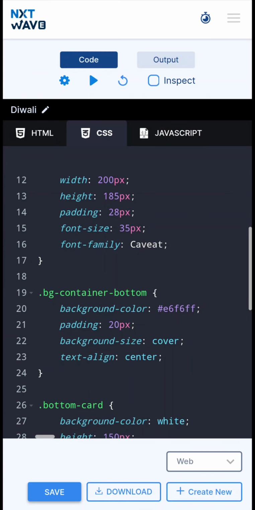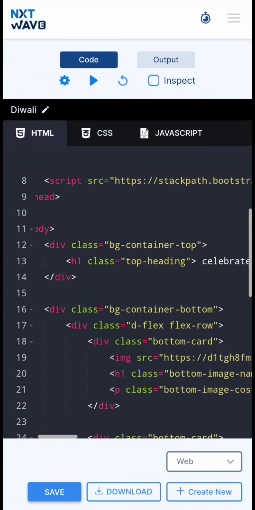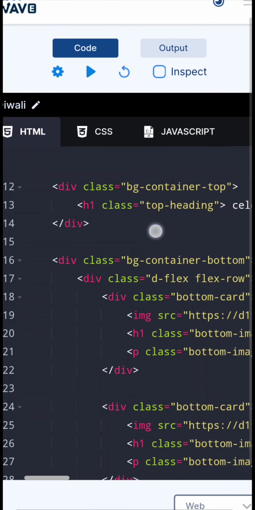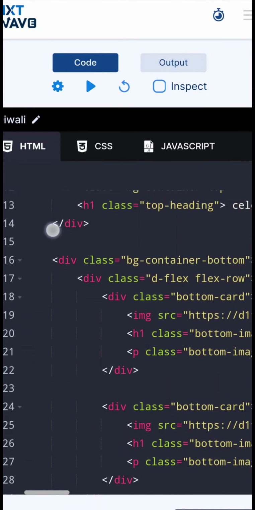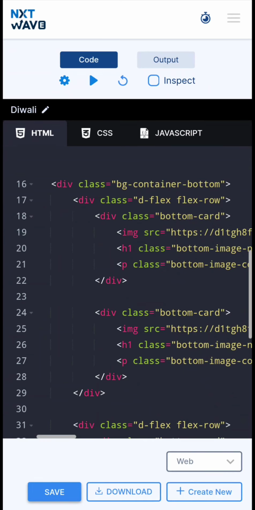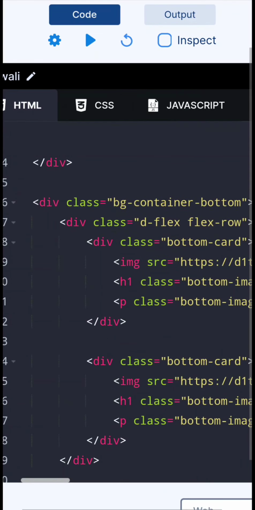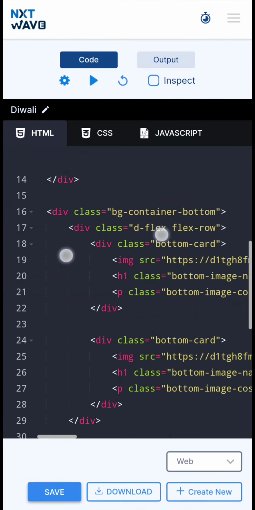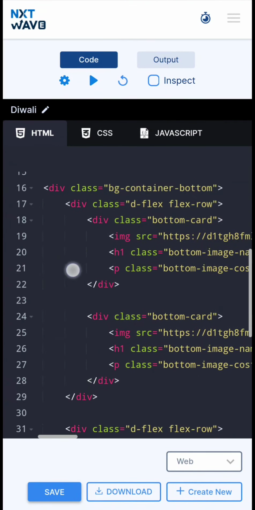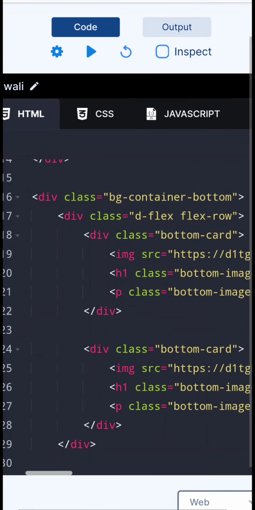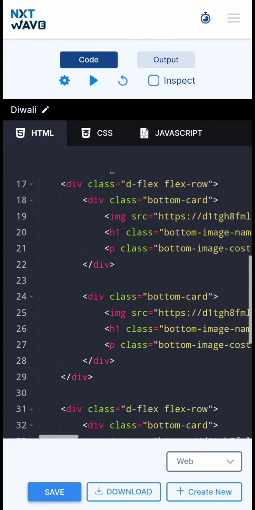Now let's take a different container for our card. You can see in your HTML, I closed the div container here for the top section and opened a new div container here, so there is a separate one. This first div is a container for the whole bottom section, and the second and third containers are for the card that we are making now.